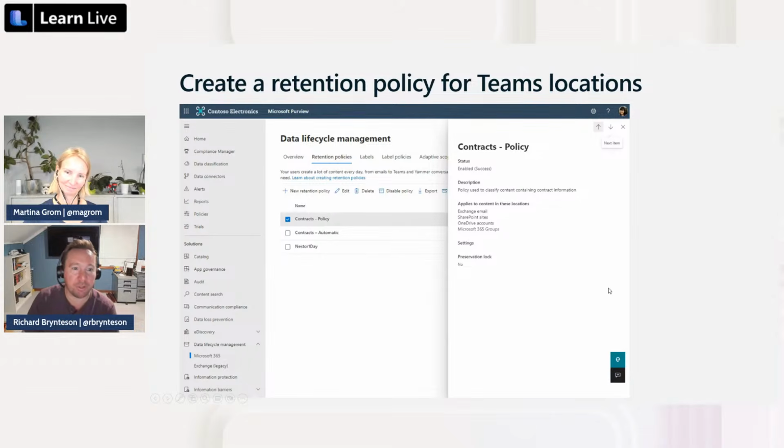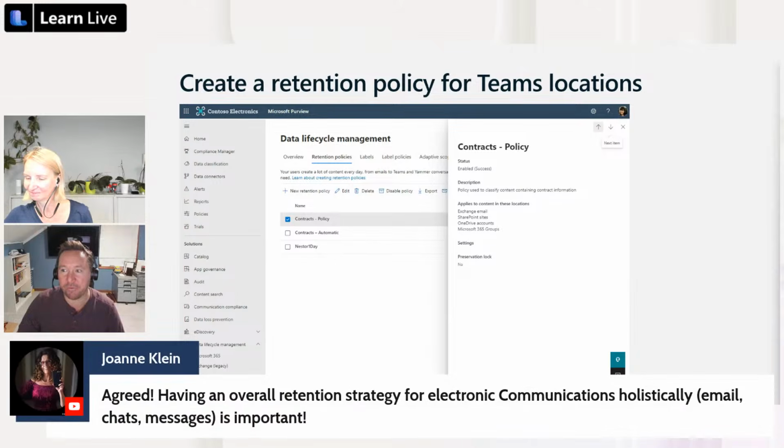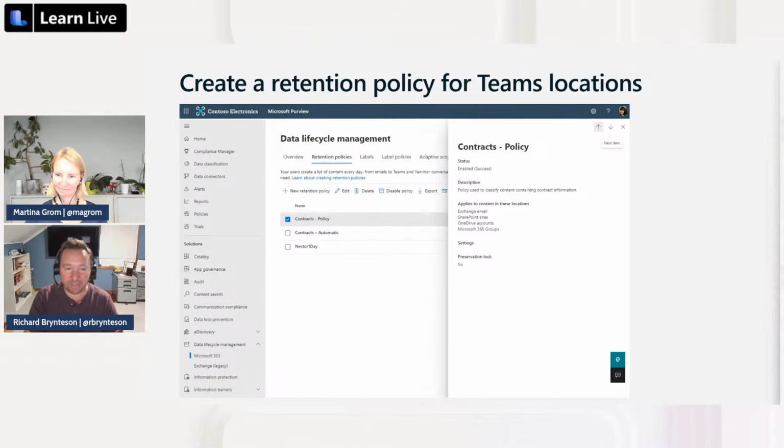When you're creating a retention policy, it's really, really easy. And that's what I like about how the Purview environment is happening right now. You literally click the create button inside of data lifecycle management, and you pick that screen we saw before. You give it a name, and then you just walk through the wizard and say, these are the things I want to retain. Here's how long I want to keep them or delete them or whatever the case is. So the actual process for creating it is super simple. I think the decision making up to it is probably the trickiest part, honestly.